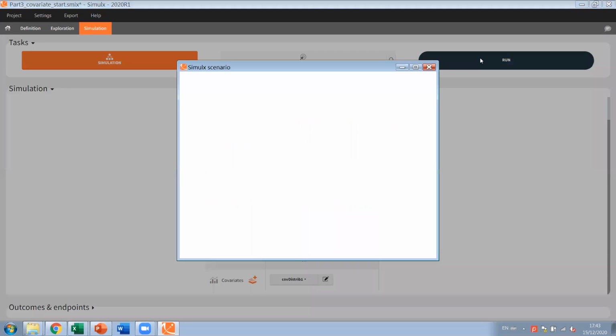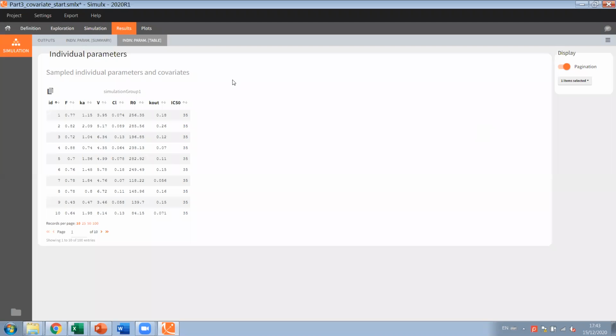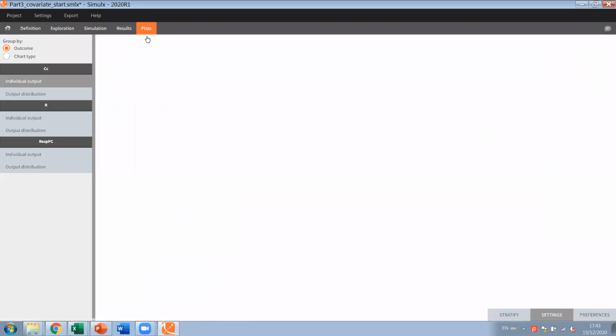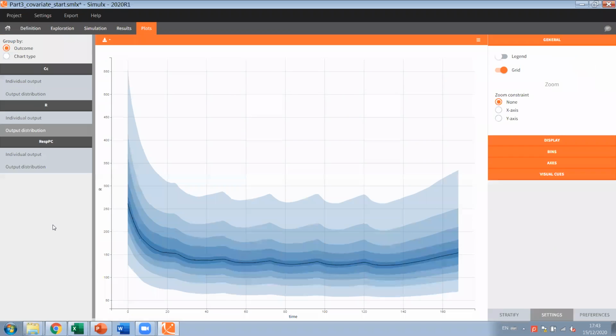If I run this, what we're going to see is that we have in the result tab all the individual parameters and covariates. So here I now have the covariates, and actually the table is pretty long. And in the plots we have, as before, the percentiles, etc. What I can show you here to prove that the covariates have been taken into account is to